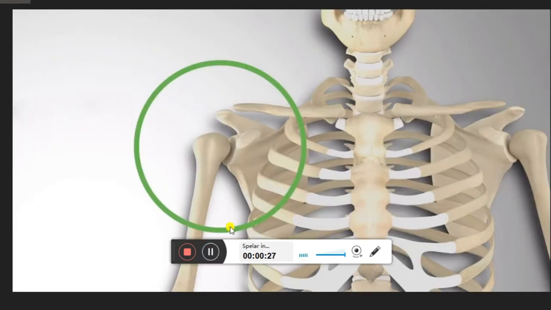Children, as you have seen in the previous video about the different kinds of bones, for example, this is the rib cage, and here is the shoulder girdle. On the shoulder girdle you will see the attachment of some other bones, that means the forelimb bones. Now how these bones are attached with each other is called the joints.